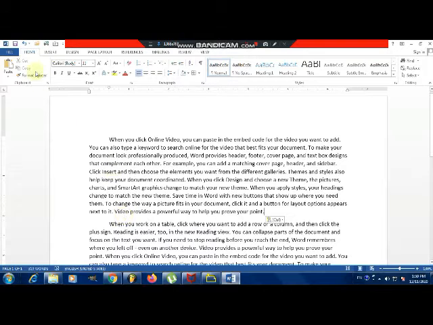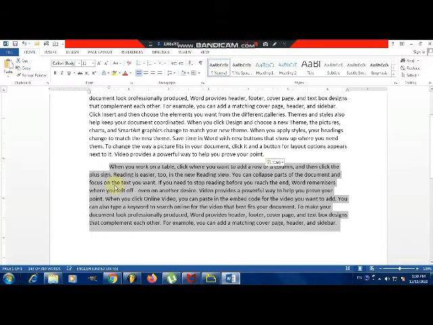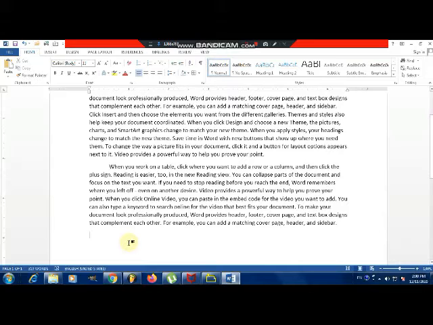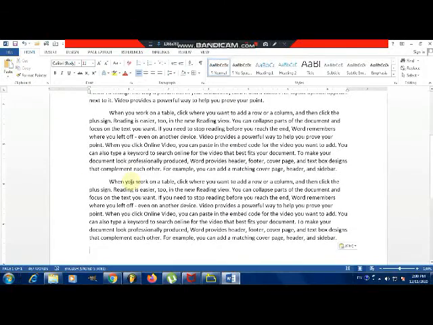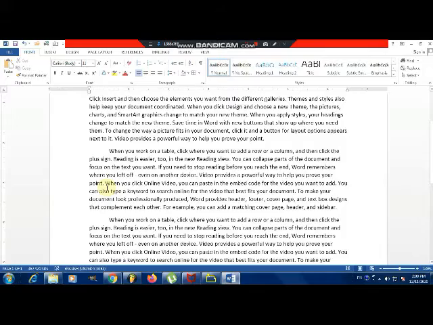After this, the next one is copy. Now what is the use of copy? If you want to create a duplicate of the selected matter, like we want one more copy of the second paragraph, then select the second paragraph, click copy, then exactly where you want to insert it, place the cursor, then click paste. When you click paste, it will insert the copied work. That means it will create a duplicate of the selected matter. So we use copy to create a duplicate of selected matter.